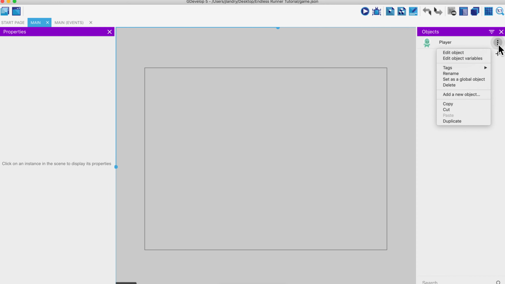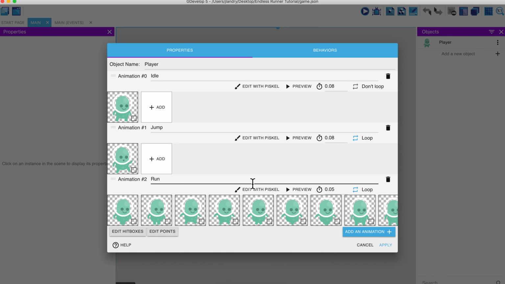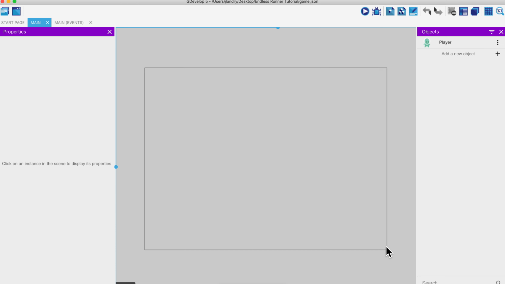Okay, and I'm just going to go back up here and click on edit object, and I'm going to turn off looping for the jump one. I think that was a mistake in the screenshot that they showed, and I'll hit apply. Okay, I'm going to go ahead and save my game,